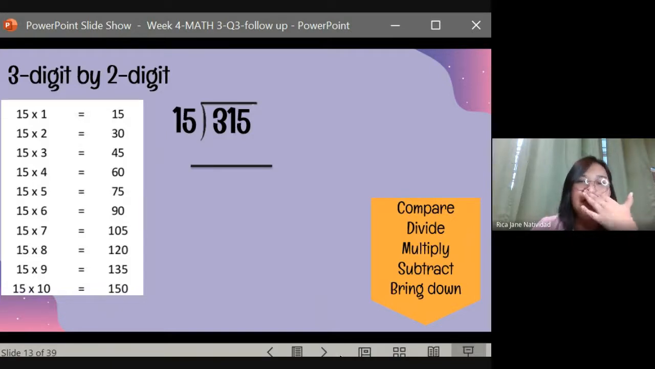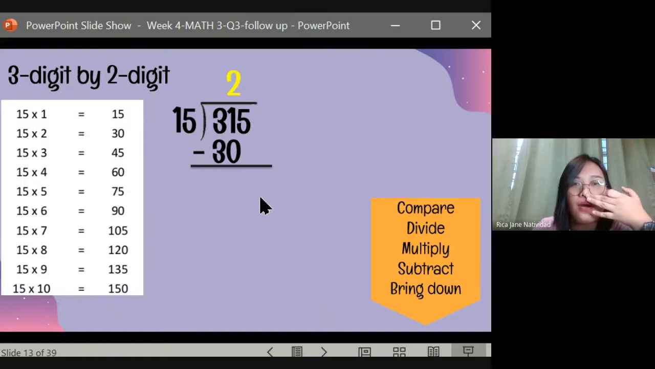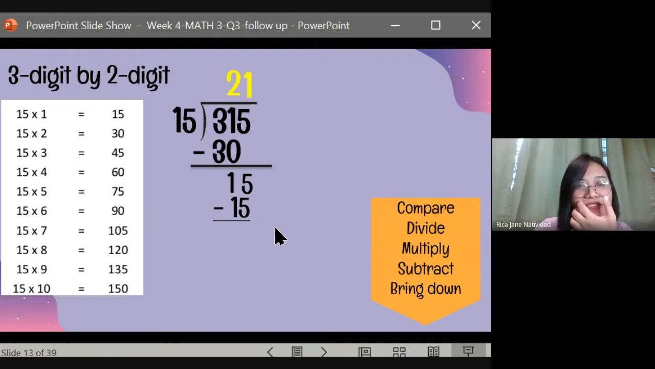Okay? So 315 divided by 15. It's a 2-digit divisor, so it's automatic. We look at the 2-digit dividend. 31 divided by 15, it's 2. 2 times 15 is 30. 31 minus 30, it's 1. Bring down 5. 15 divided by 15, it's 1. 1 times 15, 15, of course. And 15 minus 15 is 0. So the quotient now is